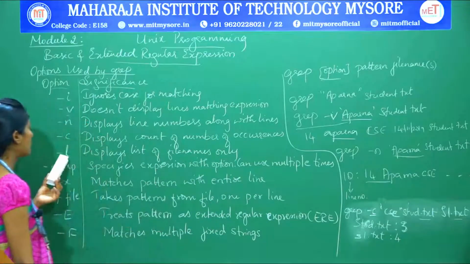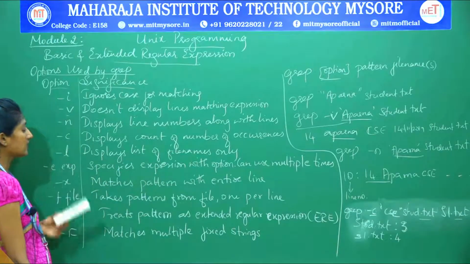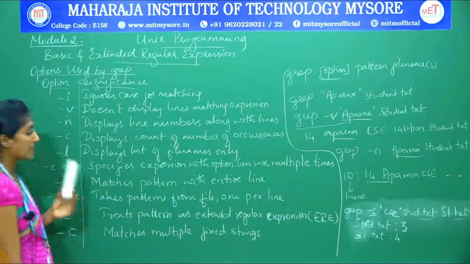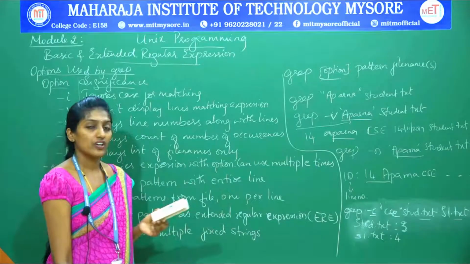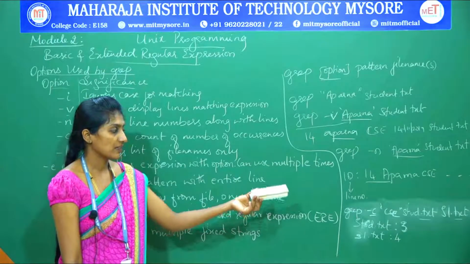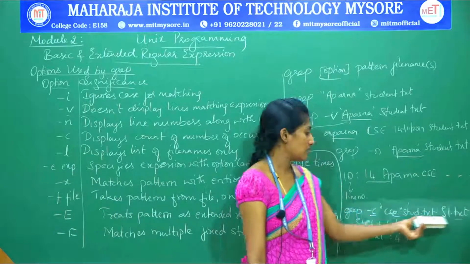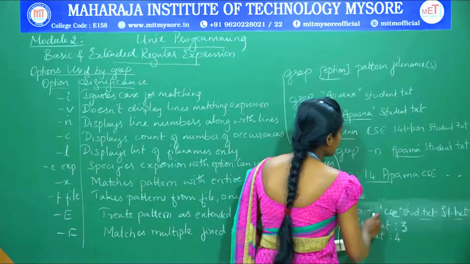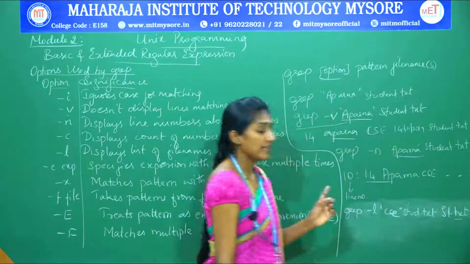The next option is -l, which displays the list of file names only. This -l option is basically used when more than one file name is given for searching for a pattern. As I have given here, the CSE pattern is there in stud.txt as well as in s1.txt, so it is going to display like this. Instead of this, if I have given -l,